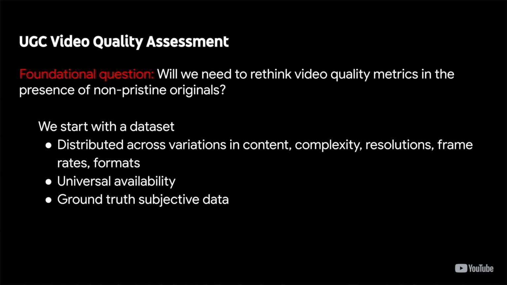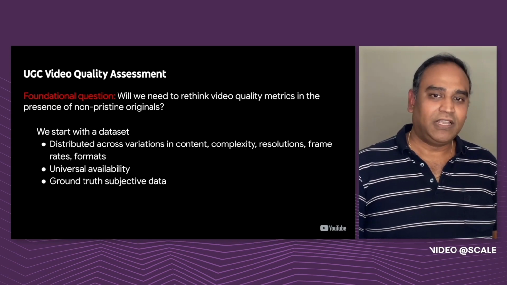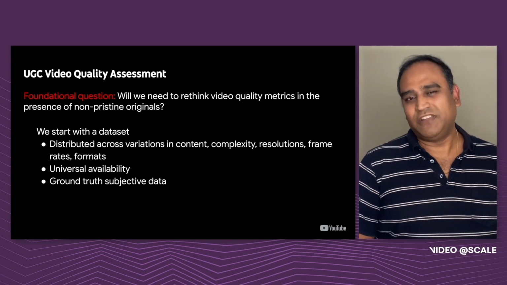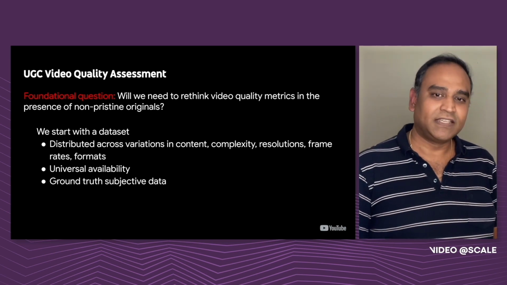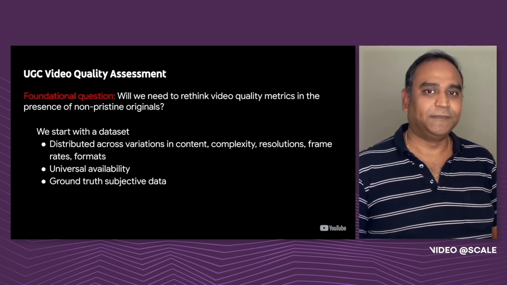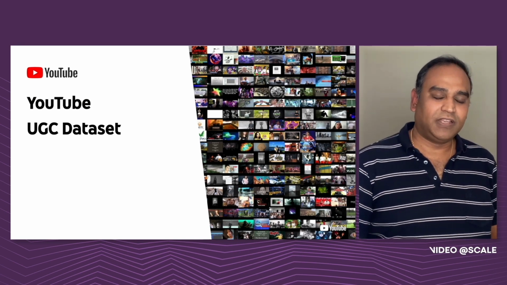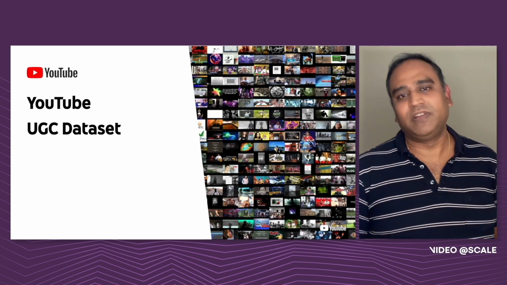It first starts with looking at the content itself and having a taxonomy for UGC. The dataset needs to be distributed widely across multiple content types, complexities, resolutions, etc. It needs to be universally accessible and have ground truth data associated with it. Right? Currently, there are only a very small number of datasets which are small in size and also don't necessarily focus on UGC. So in 2019, the media algorithms team introduced this YouTube large UGC dataset, which is approximately